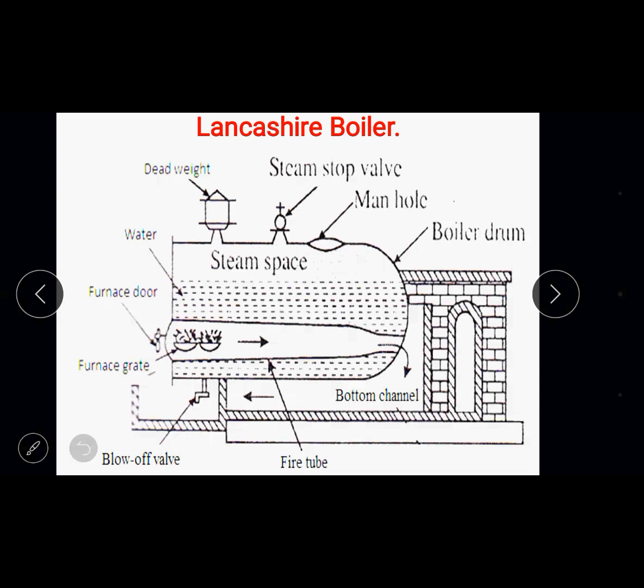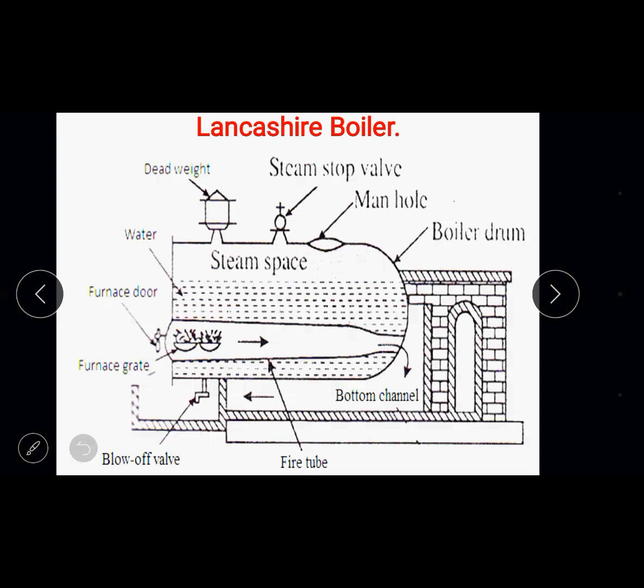Then coming to the third one, natural circulation. Here there is no circuit formation where the water is made to flow from one end to the other end. There is no necessity. The level of water in the boiler drum is maintained at the required level. Coming to the last one, it's a horizontal type. Obviously it's huge and robust, so it's a horizontal type of boiler. So the Lancashire boiler is a fire tube boiler, internally fired boiler, and horizontal type of boiler. It will have the same components. Boiler mountings and accessories are similar components you find in the Lancashire boiler with similar functions.